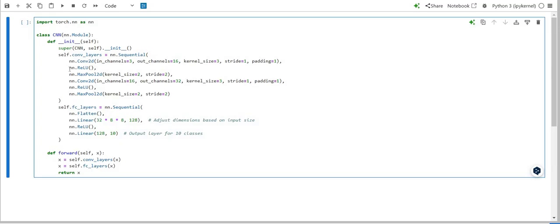And nn.ReLU, what's that? It applies the rectified linear unit activation function. It introduces non-linearity, setting negative values to 0. And here,